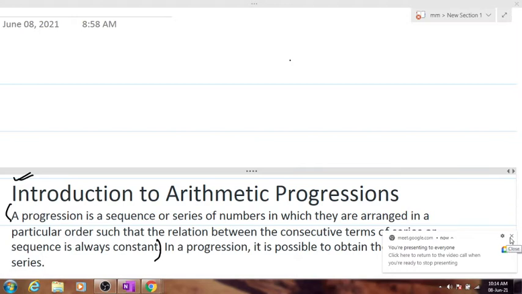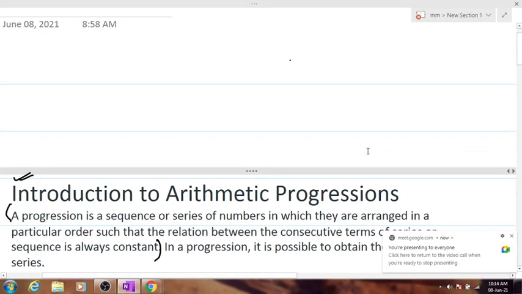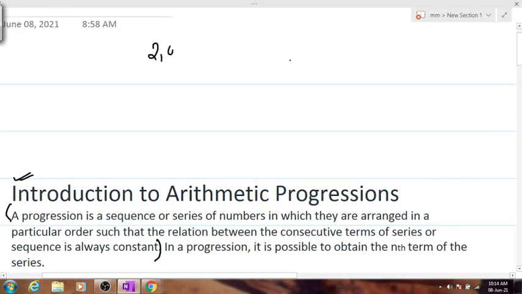Introduction to arithmetic progression. Yes, no? Okay then. So before we start off with this, I'll give you a few series. Supposing if I write 2, 4, 6, 8 and ask you what is the next number, what will you say? 10. Clear? So this is following a pattern, and the pattern is what? Each time the number increases by 2, right?